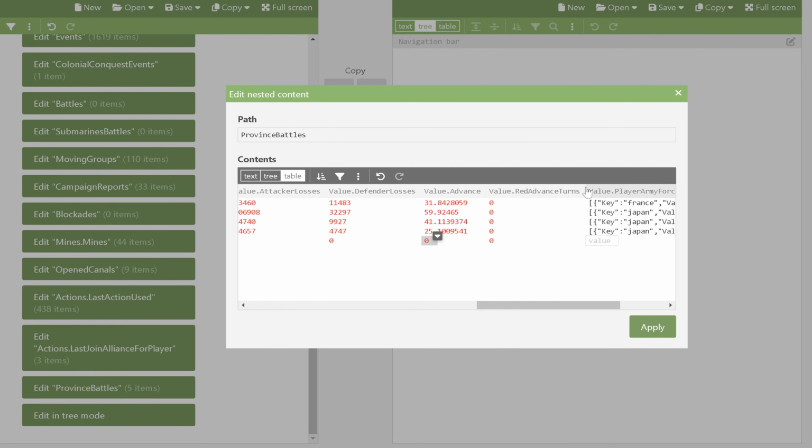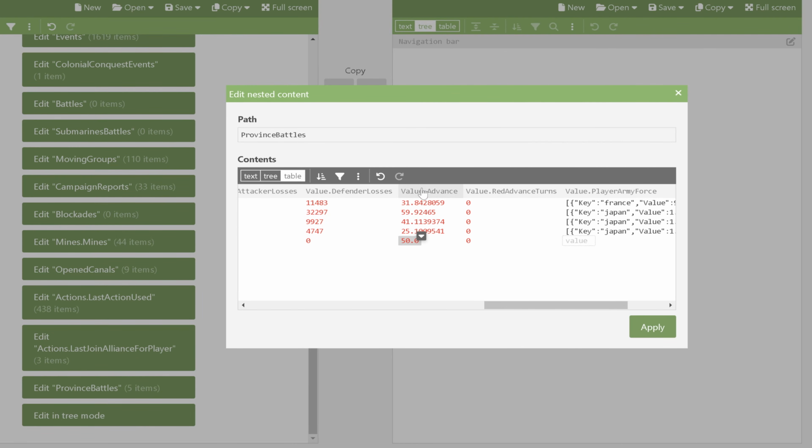The value of red advanced turns means how many times you have been pushed back in this fight. As you can see, currently nobody has been pushed back yet in their fights. So if you have a bad month and your army gets pushed back, this will be a 1. If it happens 2 months in a row, it'll be a 2, so on and so forth. So for this instance, we will simply set this at a 50. I always recommend putting a decimal and 0 after it, so that it stays in the